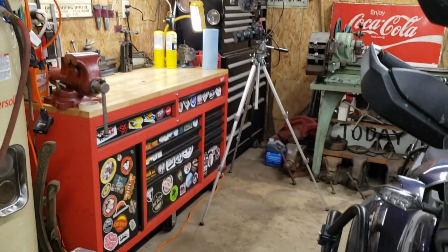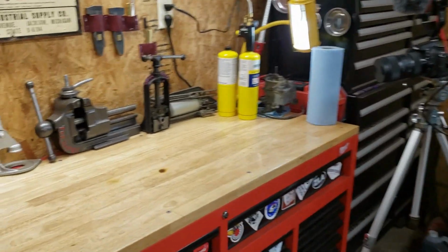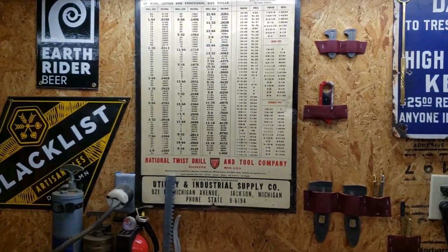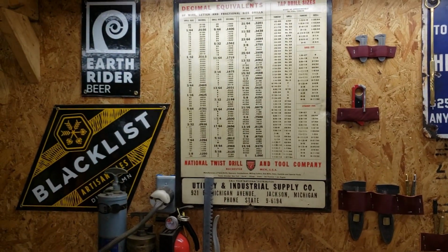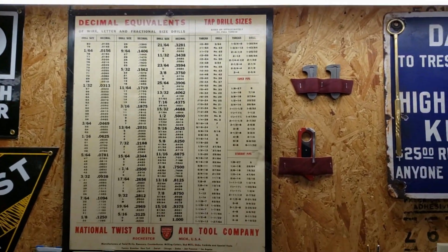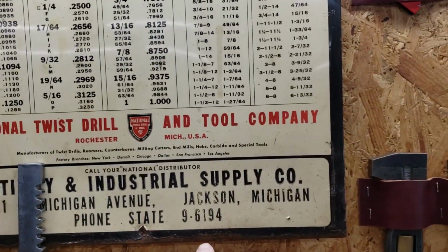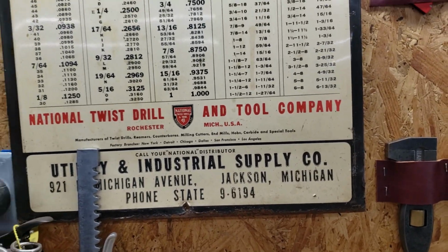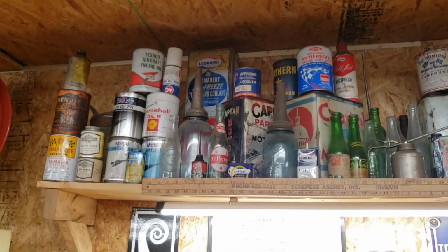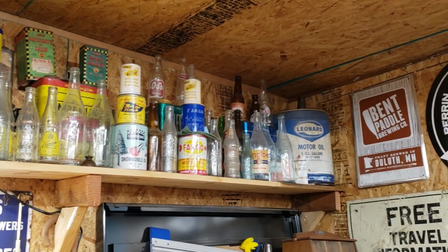So here is where I was just standing a moment ago for the introduction. This is my workbench, my toolboxes, where you see the majority of my videos filmed, along with some of the breweries I have brought things back from. Those two are in Duluth, Minnesota, Superior, Wisconsin. Good old decimal equivalent chart from National Twist Drilling Tool Company from Rochester, Michigan. Very old one, as you can see in the phone number. Got a number of other antiques, as you can see up here, a bunch of oil cans, Michigan bottles, a number of other things. I tend to collect a lot of